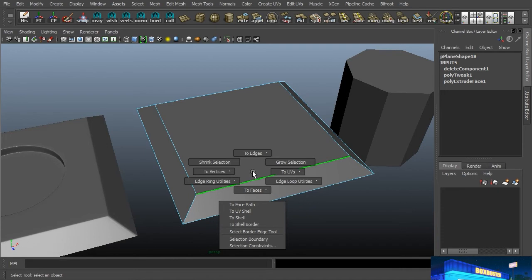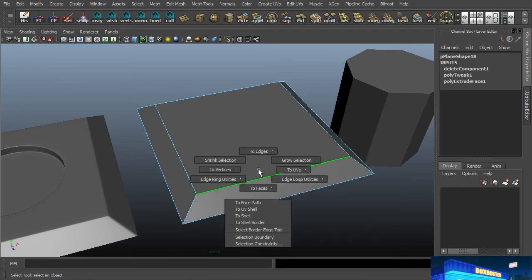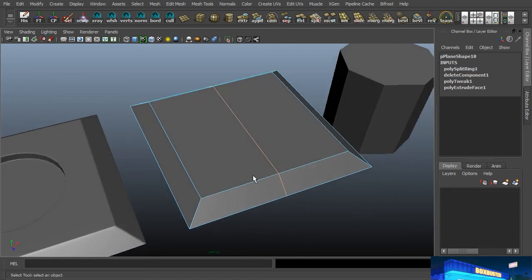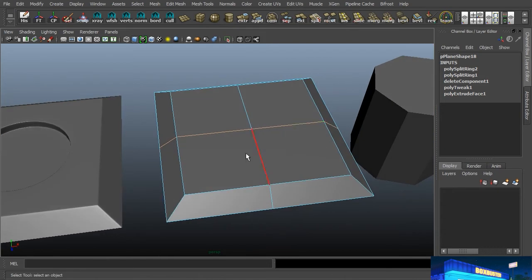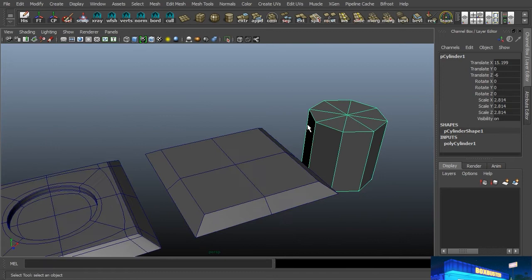I'm going to go to Edge Ring Utilities down here, and that's going to bring up another marking menu. I'm going to go to Edge Ring and Split. Once again, that's Control right click, Edge Ring Utilities, Edge Ring and Split. And it split that perfectly in half for us. Now all we have to do is select this edge and hit the G key, and it'll give us another one. So now this is perfectly centered on there,